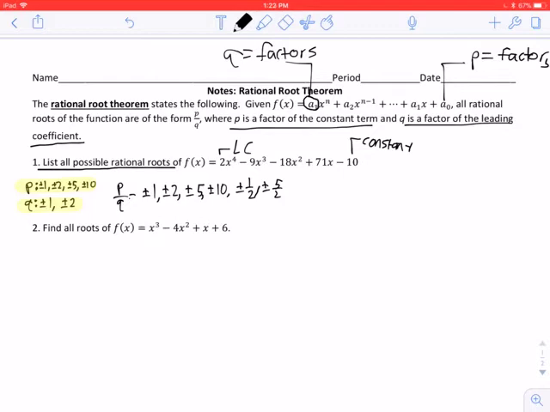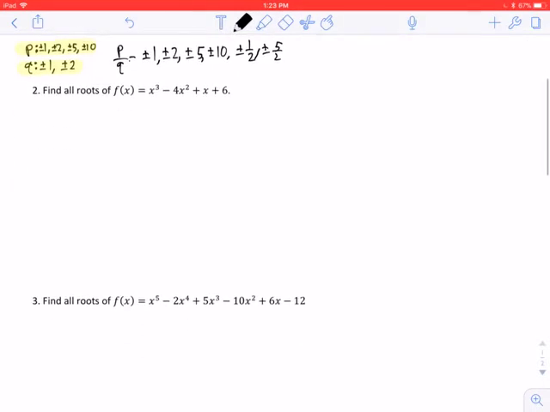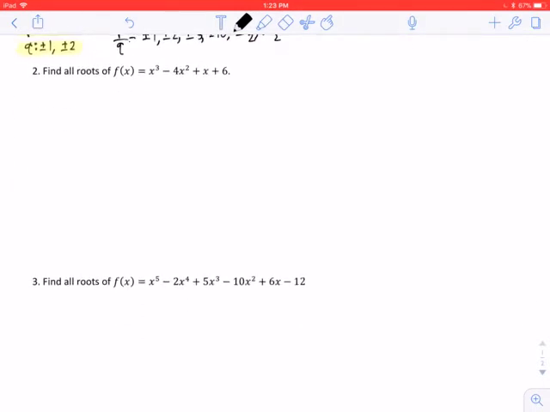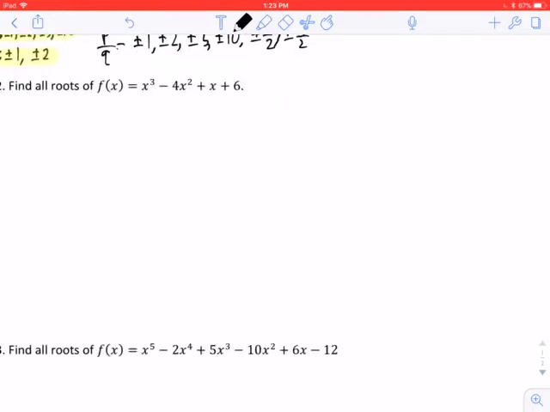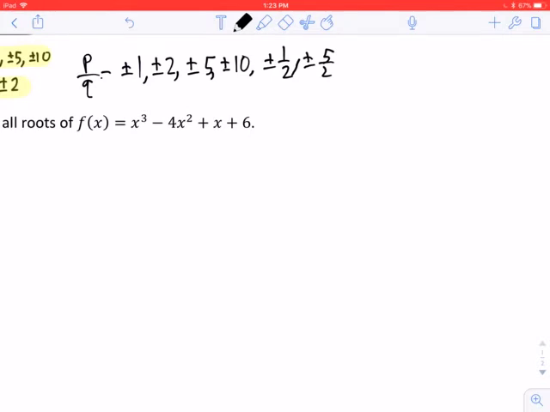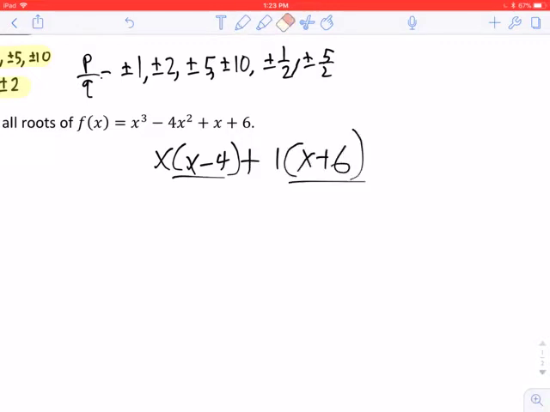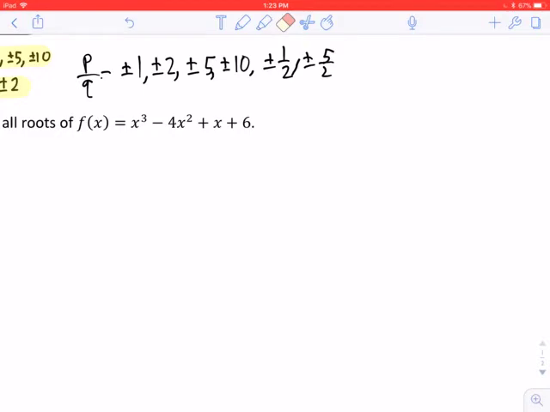So for that, we made a simpler example. Find all roots of x cubed minus 4x squared plus x plus 6. Now the first thing you should try to do is factor it. Since it has 4 terms, the only option is to try to group it. But if we tried to group it, we would get x times (x minus 4) plus 1 times (x plus 6),